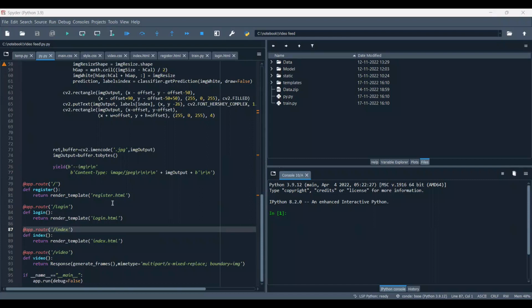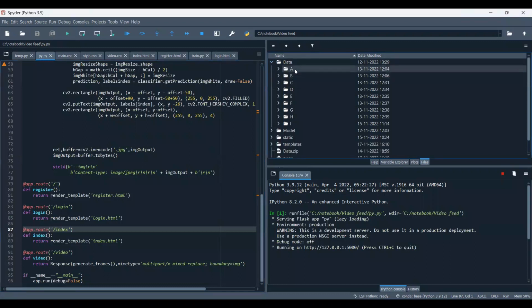After the successful register, it is redirected into the login page. And after the login, we can go into our video prediction page. So we can run our code. We have to include the necessary files here. The data denotes the data set, and we have included the data set up to I. And in model, we have included the H5 file, and in static, the CSS and JavaScript files. In templates, the HTML files. Once the code is run successfully, we get this URL. We have to copy this and paste it in our